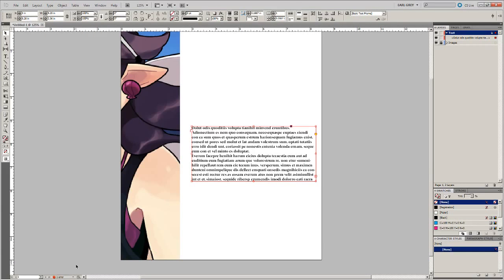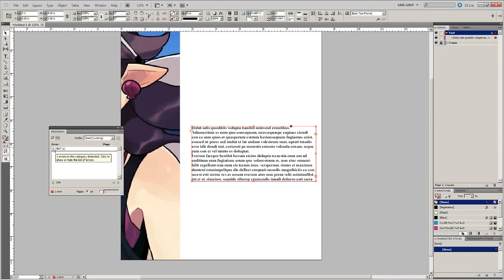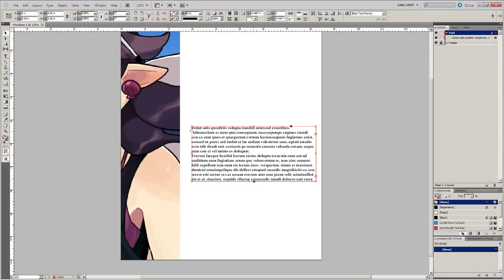Okay, here we go. At the bottom, we've got one error. InDesign will tell you if you're doing something wrong. Oops, and it's on my other monitor. So here we go. Text error. Overset text. So what we have here is that not all the text is fitting inside this box. It's too big, so we can